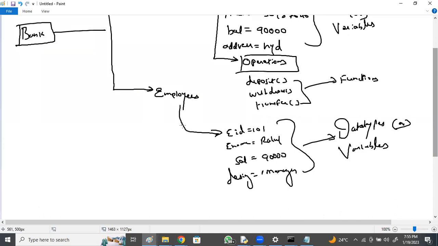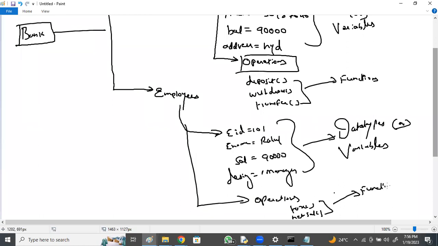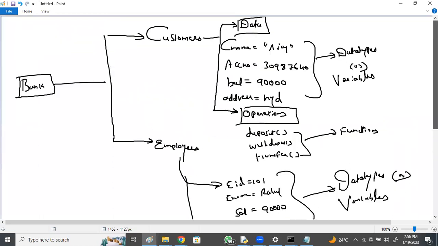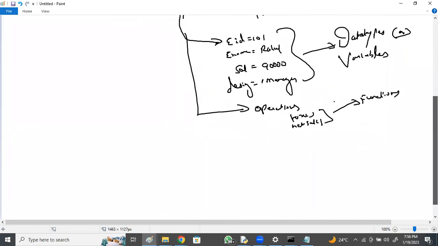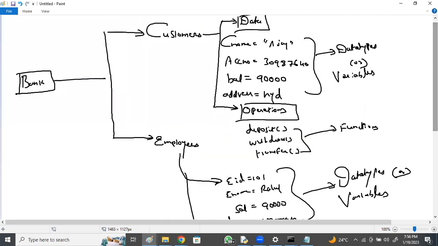Employee data and employee operations, right? Employee operations are like calculating tax, calculating net salary. All this is represented using functions. I'll brief you more on this in tomorrow's session.